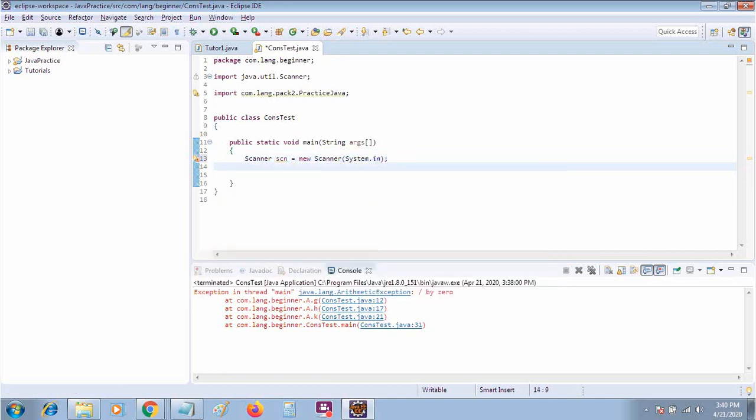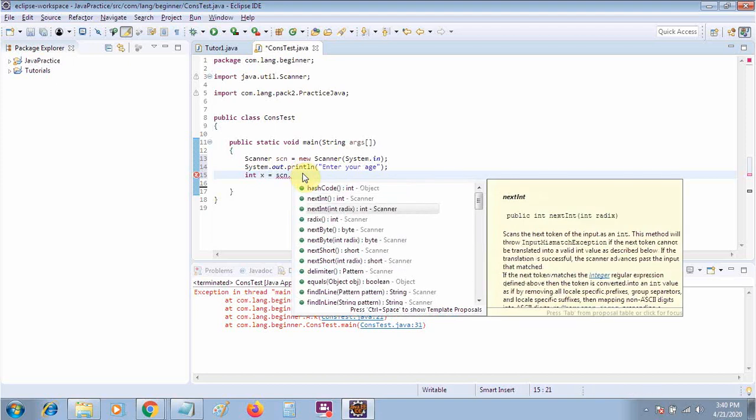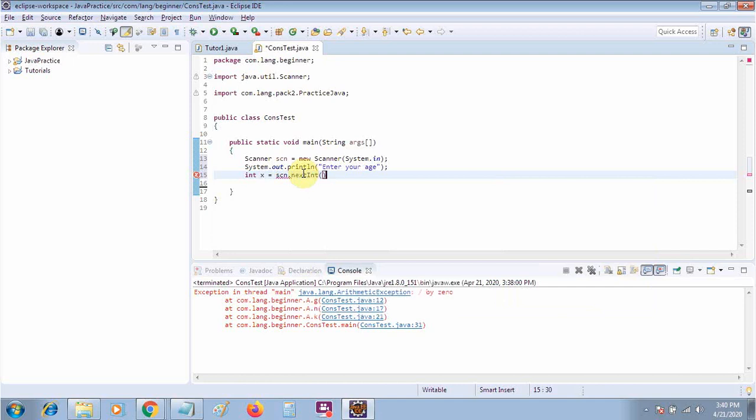By this Scanner class I will capture some number value, like enter your age, and I am storing this value in an integer x is equal to scn dot. There is a method to accept an integer from the user; you can use nextInt or whatever you want.